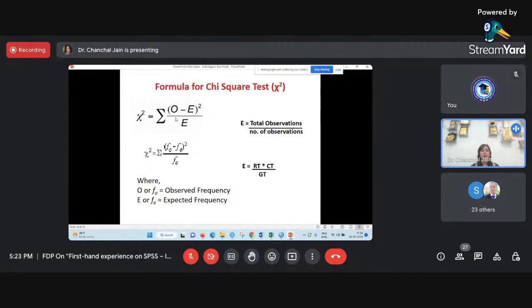In some books, in place of O, you can also find FO, and in place of E, you can find FE. O and FO, that is the observed frequency. E and FE, that is the expected frequency. So in case of